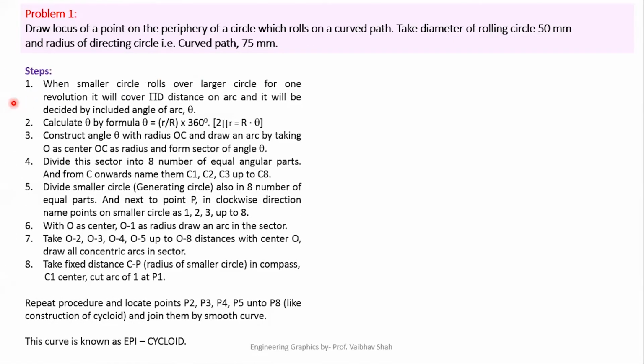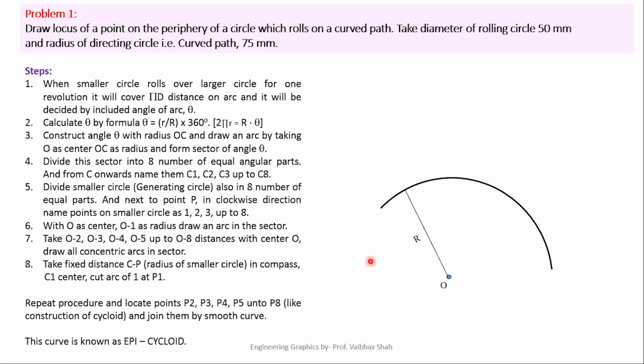Now these are the steps which we are going to follow to draw our epicycloid. Let us first draw this larger diameter circle, the directing circle. For that, the radius is 75 mm. So let us select any point O randomly on your drawing sheet. After getting this point O, you have to select on your rounder capital R, which is the radius of your directing circle. Here the radius of directing circle is 75 mm. So adjust on your rounder 75 mm. Put your rounder at point O and try to draw one circular arc like this. The length of this circular arc would be any random length.